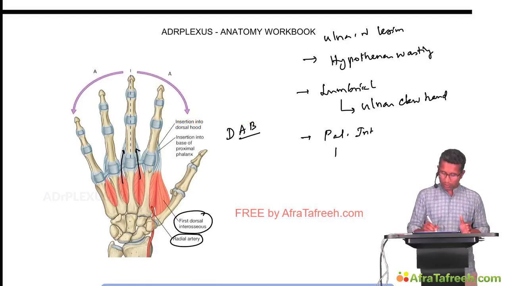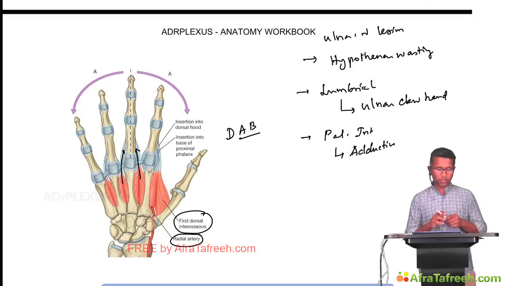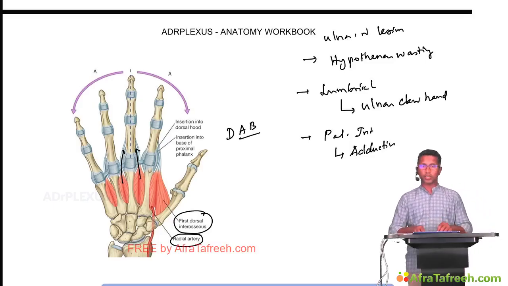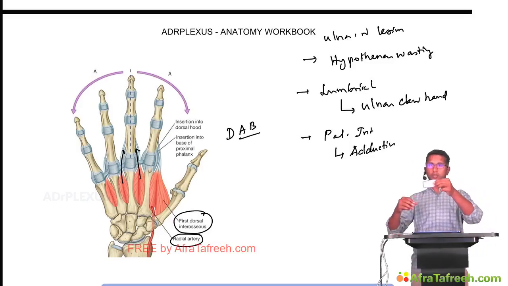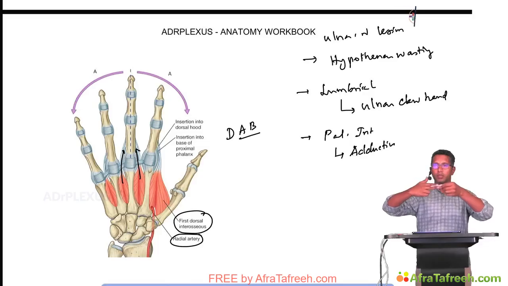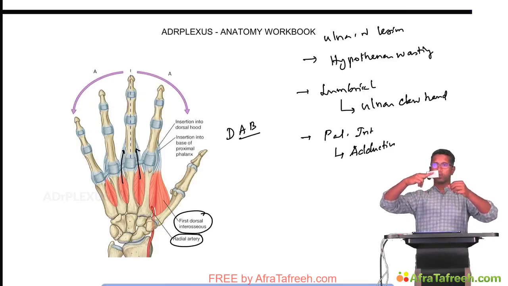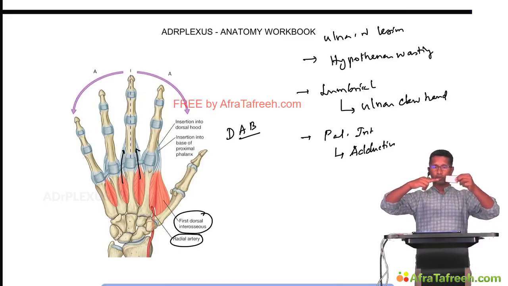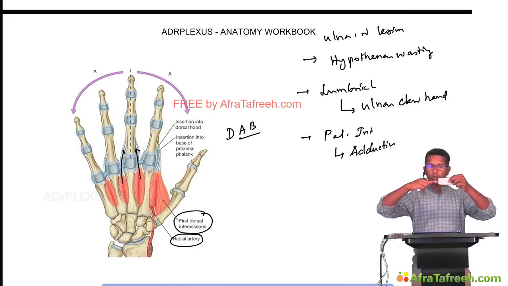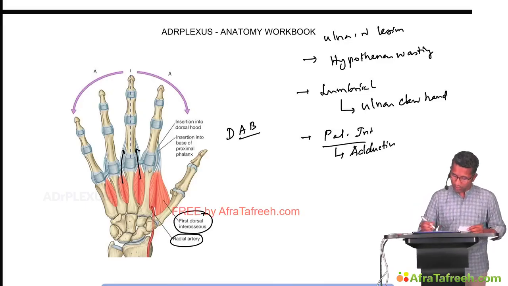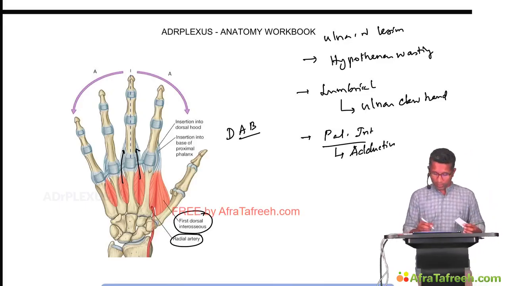As you all know, palmar interossei helps in adduction. Now suppose you give a card to the patient and ask him to hold it between these two fingers. If you try to pull it out, he will not be able to hold it, because he cannot do adduction of the fingers. So when the ulnar nerve is damaged, palmar interossei will not work, and adduction of the fingers will not work, and this